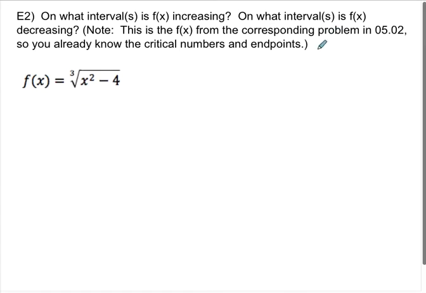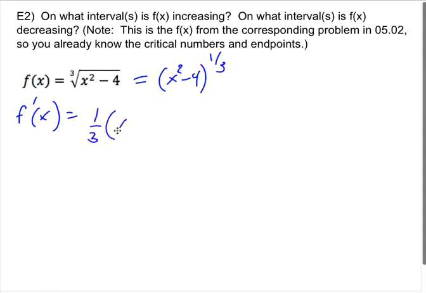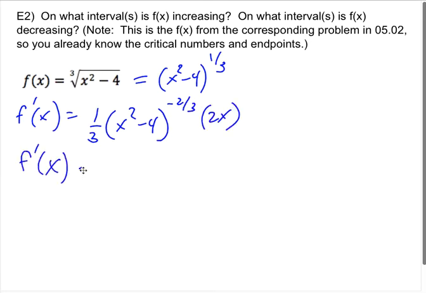So again, we've already found these derivatives. There are no endpoints in this problem. We're asked when this is increasing or decreasing. So f prime of x is going to be, remember that this was actually an x squared minus 4 to the 1/3, right? So what we saw before is that this is 1/3 x squared minus 4 to the negative 2/3 times that 2x for the chain rule. So what we found in the last video